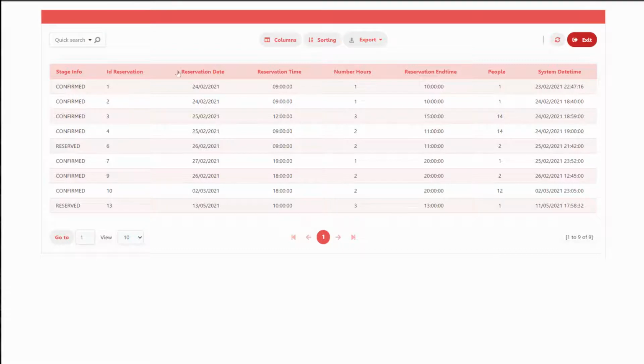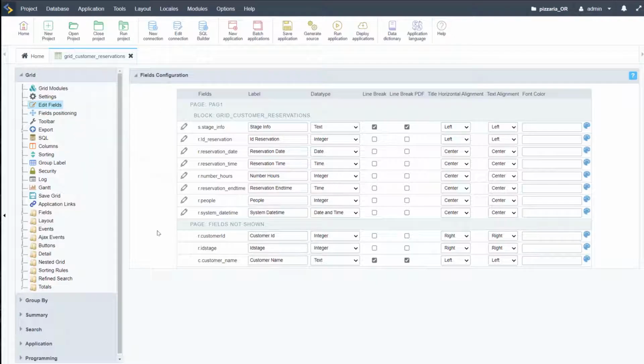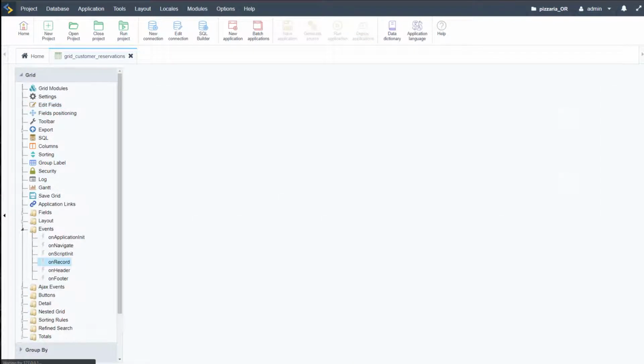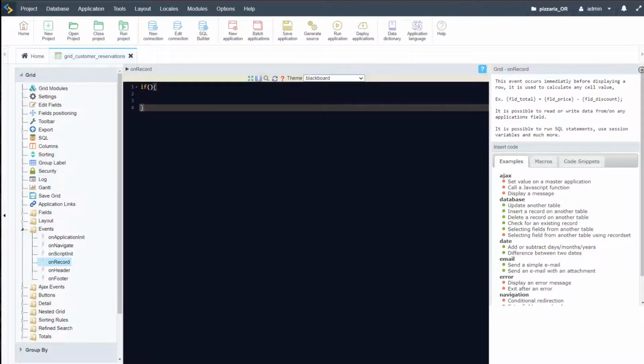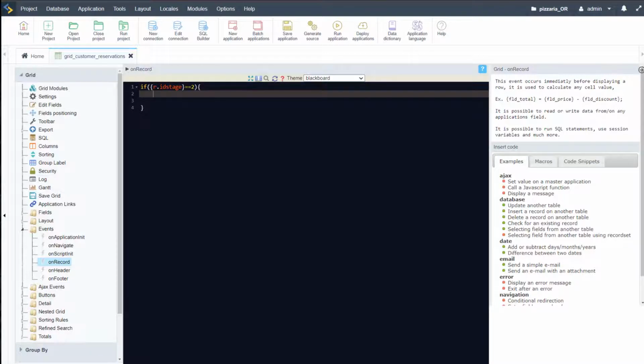Okay, so of course we need to add the logo and so forth, so I'm not going to add that in this form. We're going to carry on with this grid application. We've done that in the last 2 videos, so I will skip that in this video so we can actually finish this up. So I'm going to go straight away to on record, and in on record I'm going to type in if, open up, close our brackets, and then I'm going to say if r.id stage equals 2, then what I'm going to do is use the